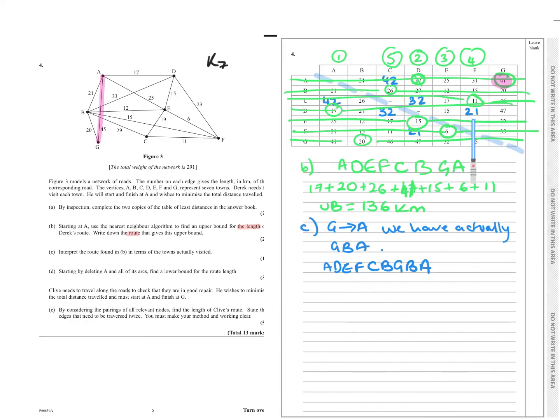How did we get 21 here from F to D? Okay, F to D, there is actually a direct route, that's 23. But when we're trying to configure the table, we're looking for the smallest. So even though we've done 15 to 6, that's 21, we don't write on there that